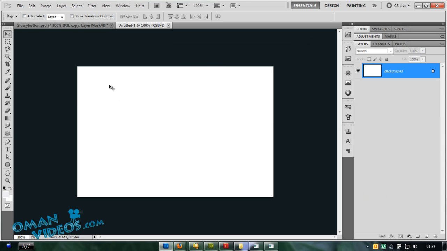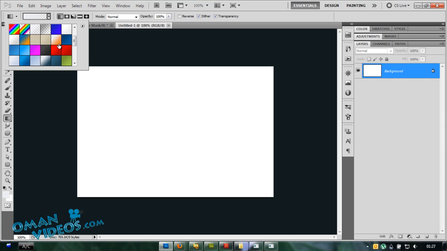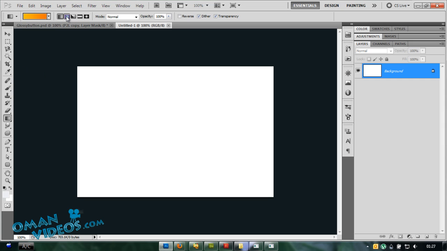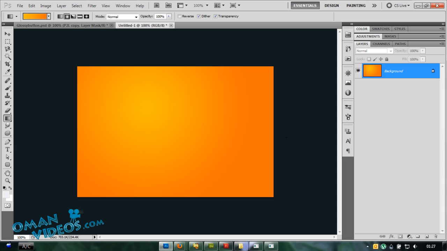Okay, once you have that, let's add a gradient background. So to my gradient tool, I'm going to select any color. Let's say take an orange, this one, and I'll select a radial gradient and just draw the gradient here. Okay, once you have that done, let's create a new layer,